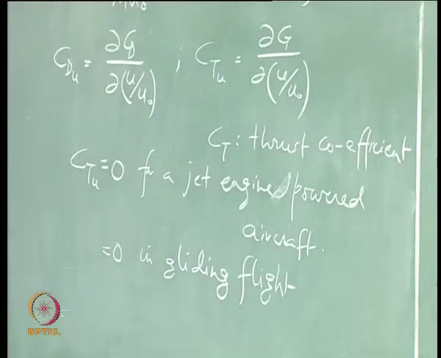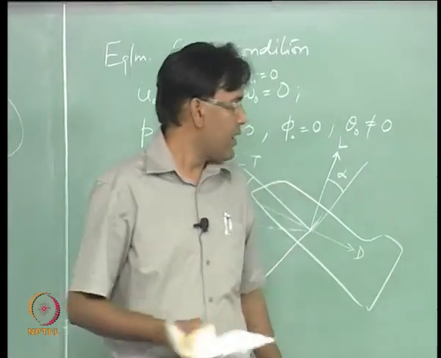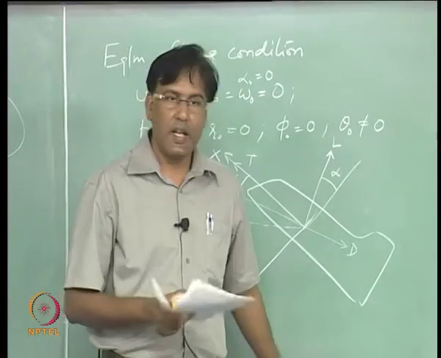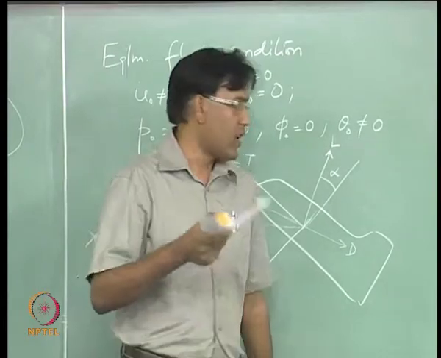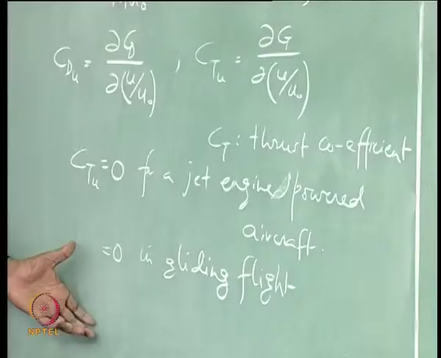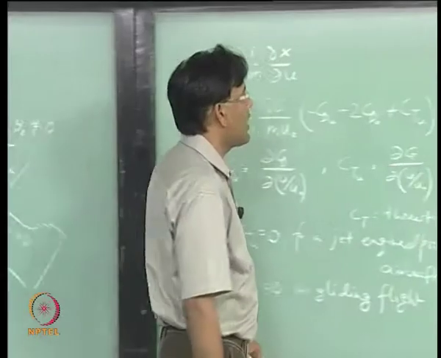You have switched off your engine or a glider will not, many gliders nowadays we have motor gliders which have engine also there, but there are gliders which are not powered, okay. Or your aircraft may be gliding, you have switched off your engine when you are trying to land your aircraft. So, CTu is going to be 0 in these two cases and